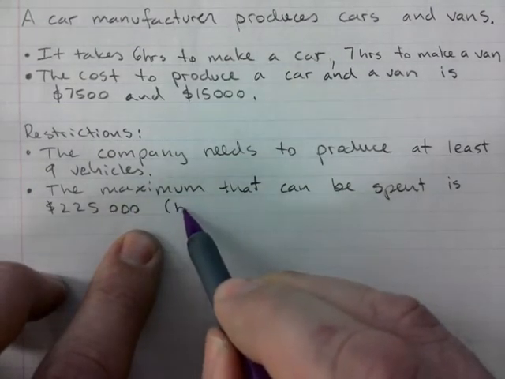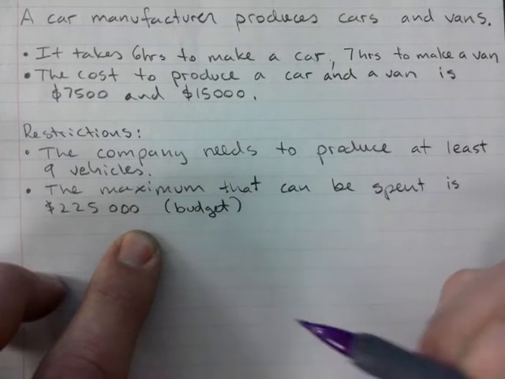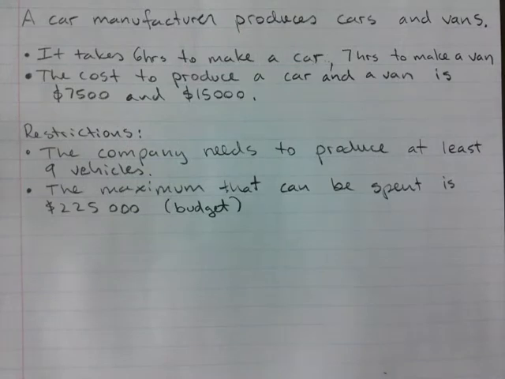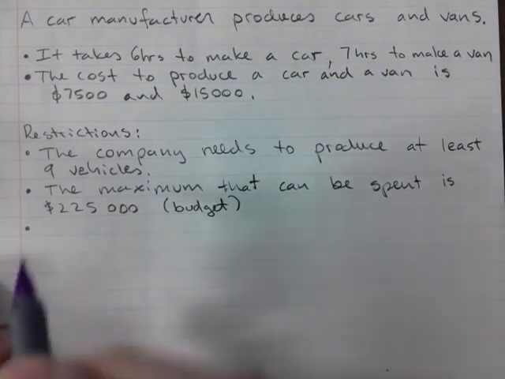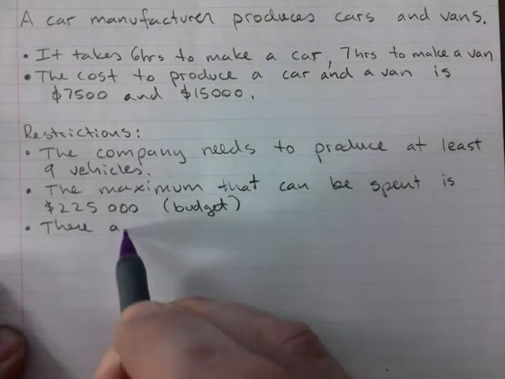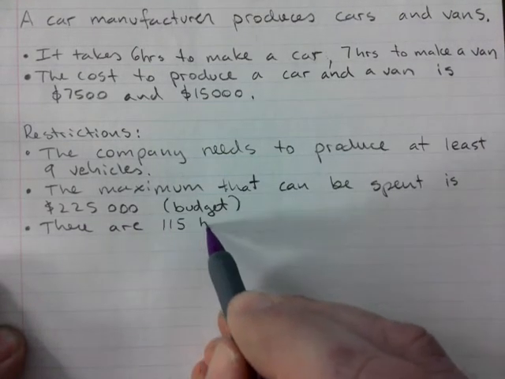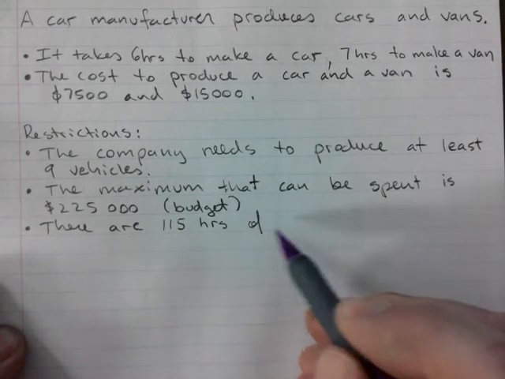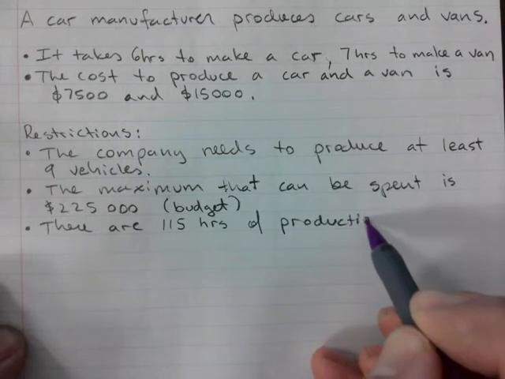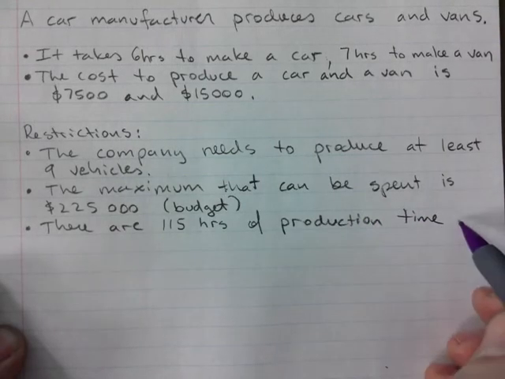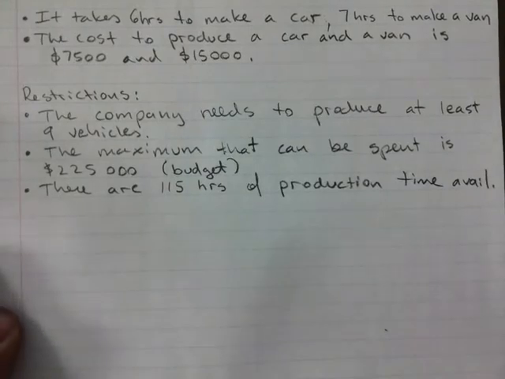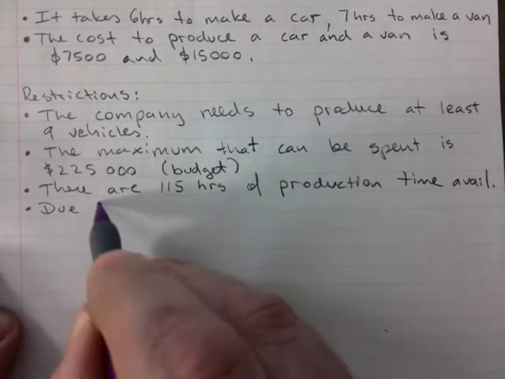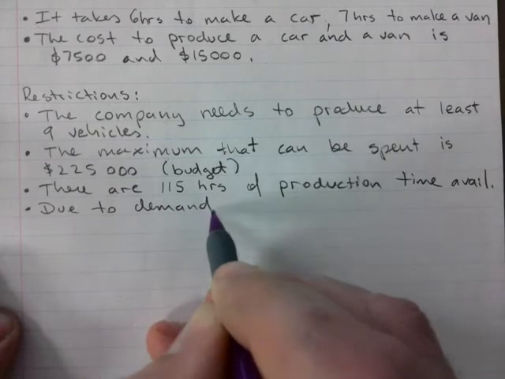This would be considered sometimes, when you work through some of the questions I will assign, also a budget. A company has a certain budget. This is how much it can spend. So it's kind of saying the same thing. And then there are 115 hours of production time available. This is the last one. Due to demand,